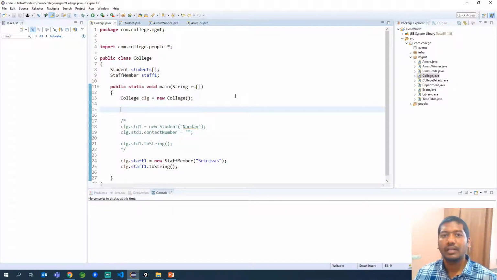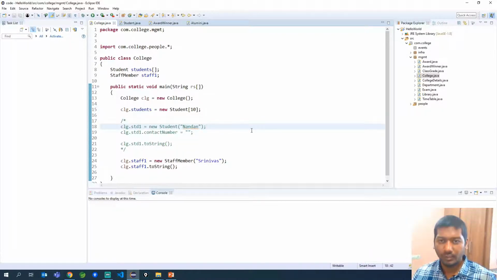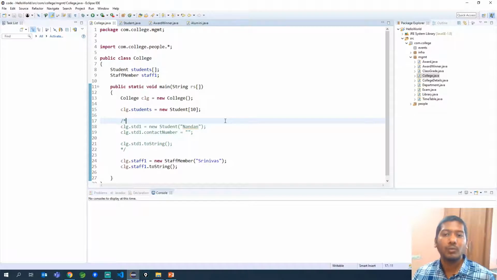Now we have to first create an object, right? But there is a certain way you have to create that in Java. If you are talking about a normal creation of an object, you would call the constructor by saying new of the class name. So here we will have something different. This is the syntax that you have to use. When you are working with arrays, you should know how many students you want to store or manage. For now I am going with a constant number like 10.